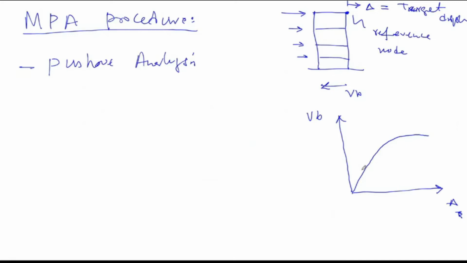In the MPA procedure, pushover analysis is carried out for a number of modes, the first 2 or up to 3, and it can give you quite accurate analysis. The first thing is that the modal analysis is carried out to compute the eigenvalues and the eigenvectors. So it gives you the vibration period of every mode, as well as the modal phi values and the omega n values for various modes. Once you know the phi value and the omega n, the formulation is such that